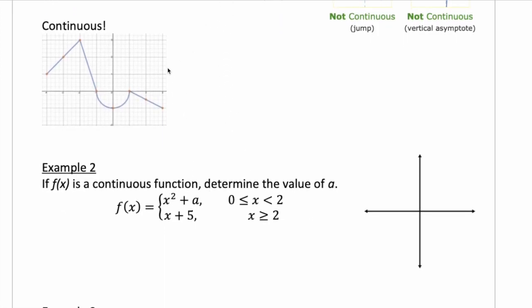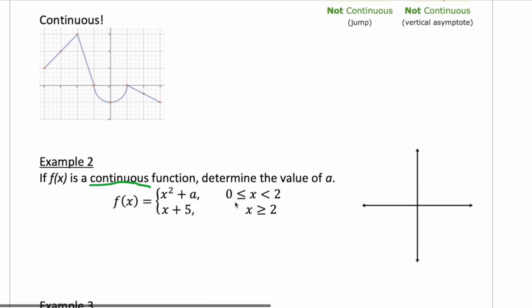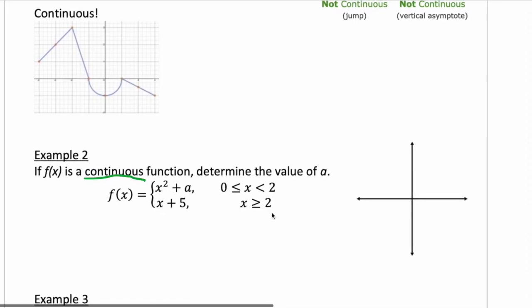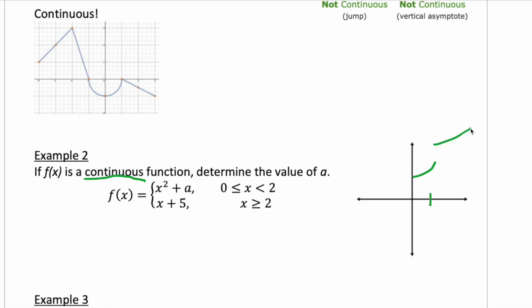So let's take a look at this function. It says the function is continuous. Find the value of a. Well, the function is piecewise, and you get a different function up until 2, and you got another function when x is greater than or equal to 2. So 2 is the turning point where it goes from being a parabola to a line. If the function was like this, it's not continuous, so they have to be connected here. The y value for the first part has to be the same as the y value for the second part